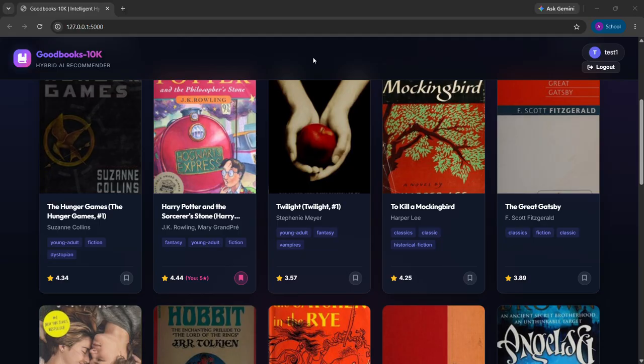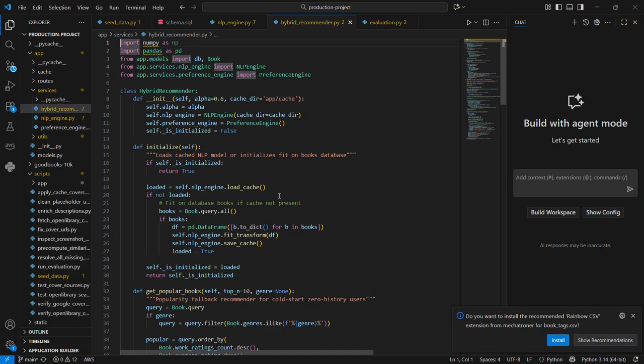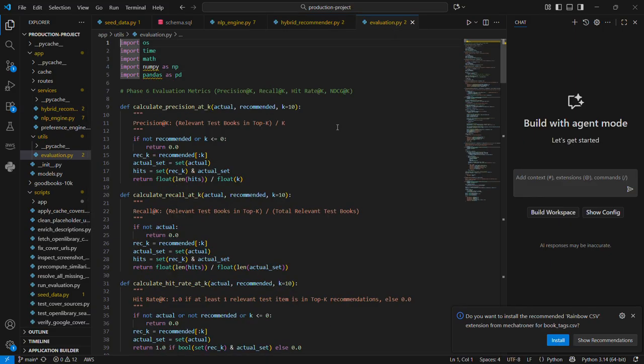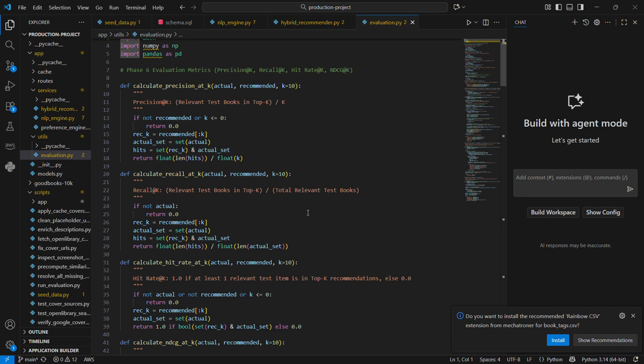Now moving on, system evaluation. To rigorously validate our recommendation system, I built an offline evaluation framework in evaluation.py, as you can see over here. Here it is. And we evaluated our models on a test split of 6 million ratings across users with at least 10 historical ratings using core recommendation metrics: precision at K, recall at K, hit rate at K, and NDCG, normalized discounted cumulative gain. And the key findings were that